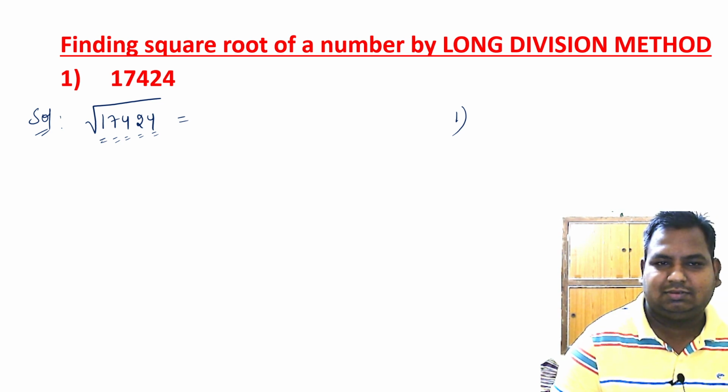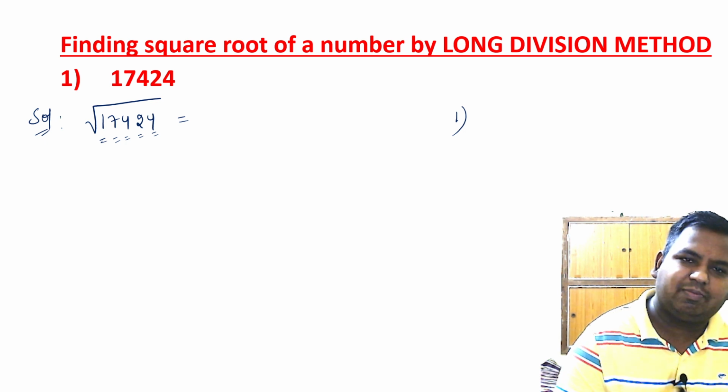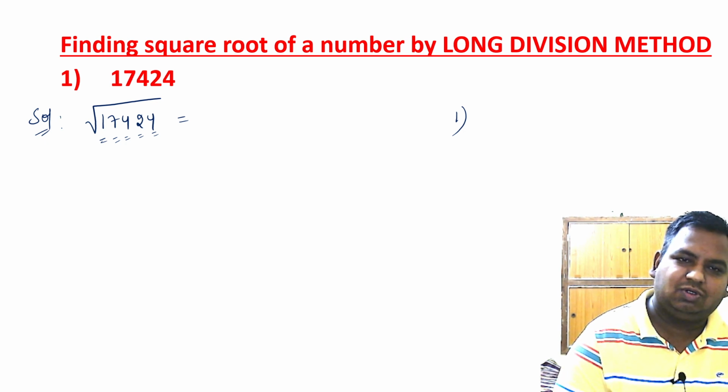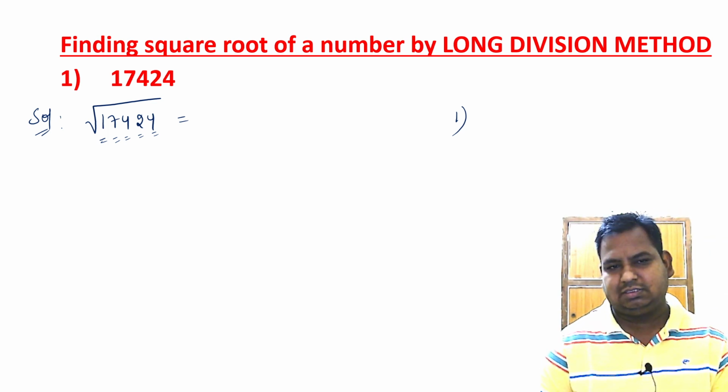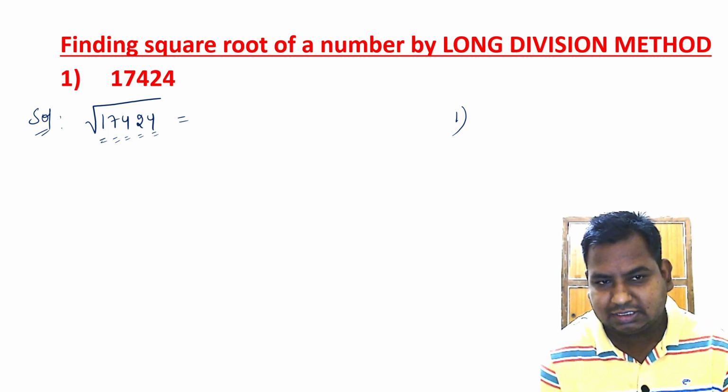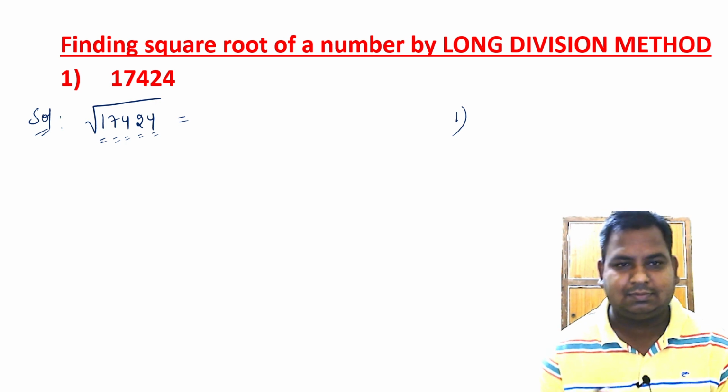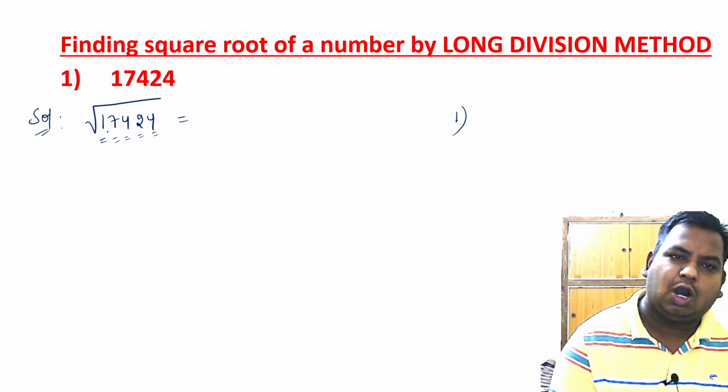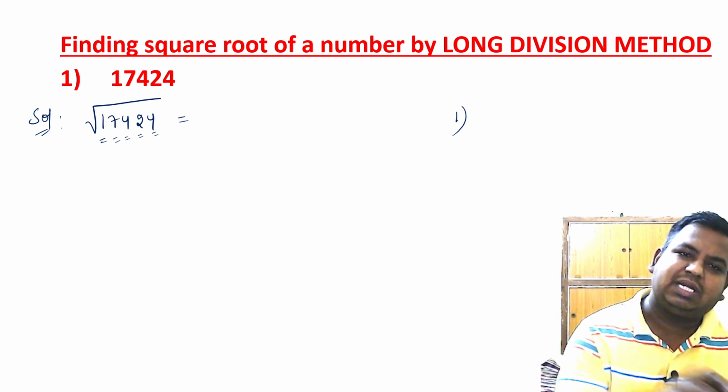Did you get me? If we have an odd number of digits, then what should we do? We need to convert the odd number of digits into an even number of digits. If we have an even number of digits, it's time to party. So how do we convert an odd number of digits to an even number of digits?